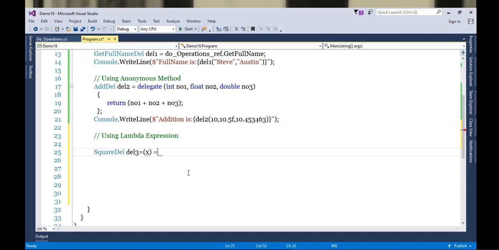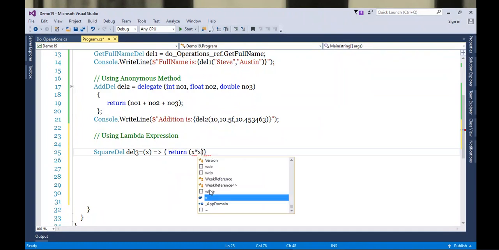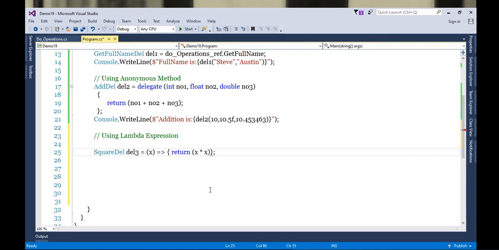Okay, then use the goes to operator, and after that your logic will come. So what is the logic? The logic is return x into x. Expected curly bracket. Oh, sorry. After finishing the statement, a semicolon is required.